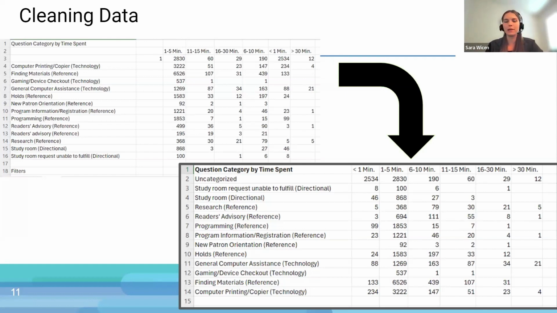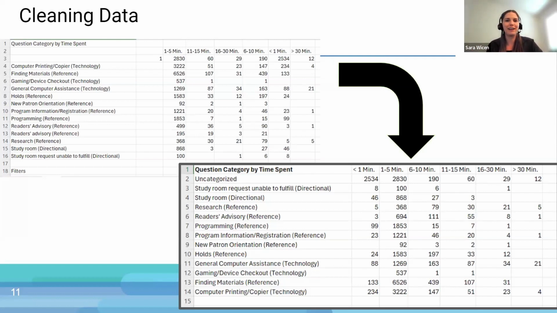And so that got me feeling like I was in a pretty good place with this data once I was able to reorganize it a bit, except then I tried to make a visualization with it. It's by no means large, 14 rows, but there's 6 time frame categories, and I'll show you that visualization a little later. It turned out not looking like I wanted it to because it included so much information. Sliced too thin is what we often say at LRS. If you don't need 6 time categories, maybe don't use 6 time categories.